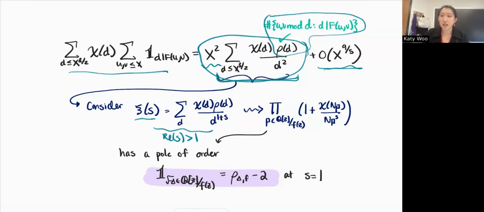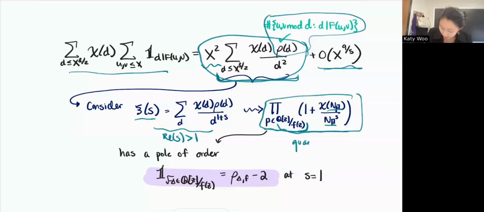And after you analyze the Euler products, you can see that up to a factor that converges for real part of s at least say 3/4, this will look like the product over prime ideals in this extension defined by f of z of 1 plus the chi of the norm of the prime ideal over the norm to the s. In other words, it looks like the quadratic twist